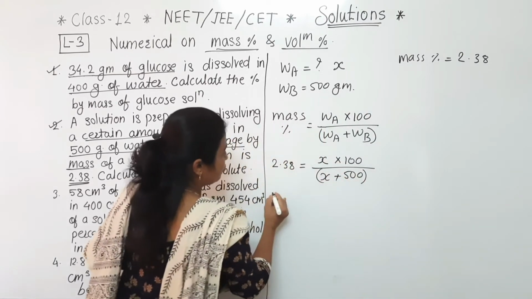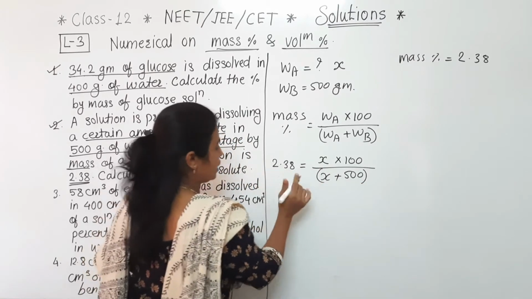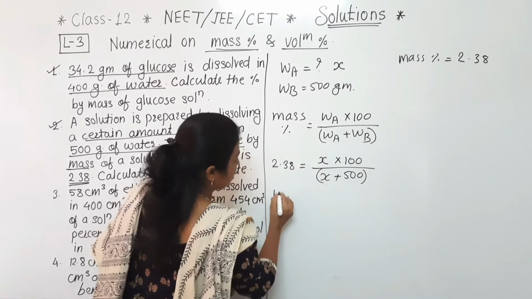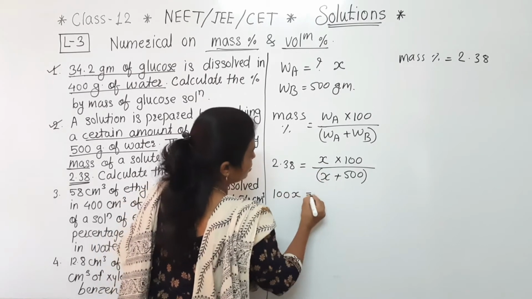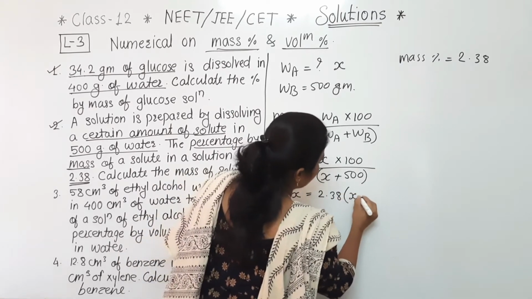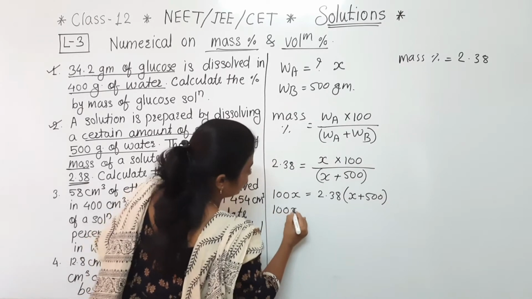So here after calculation, we are shifting that x plus 500 to the left hand side. So what will be there? x into 100, that is nothing but 100x is equal to 2.38 into x plus 500. So after this calculation, we are getting